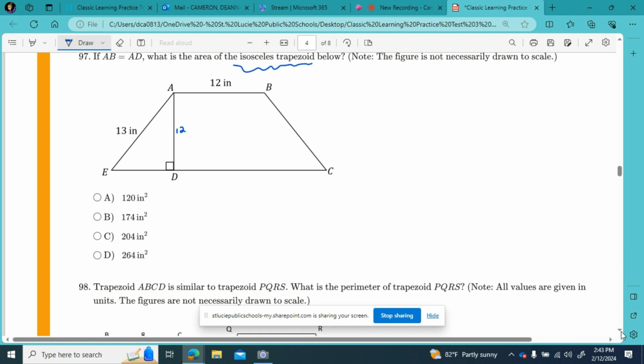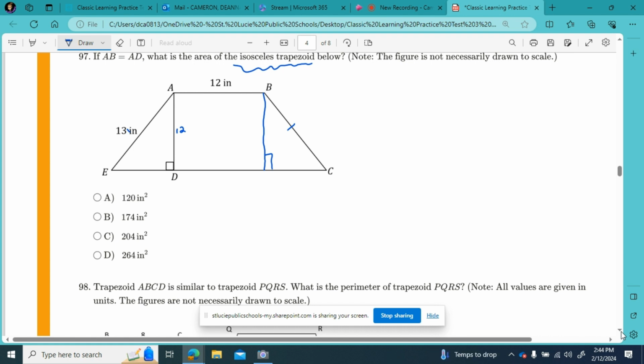So, isosceles trapezoid. We can see that the shape of the big figure is a trapezoid, and isosceles means that if this side, line segment AE, is 13, then line segment BC is also 13. We can cut this here for another 90-degree angle. So to find the area of our trapezoid,